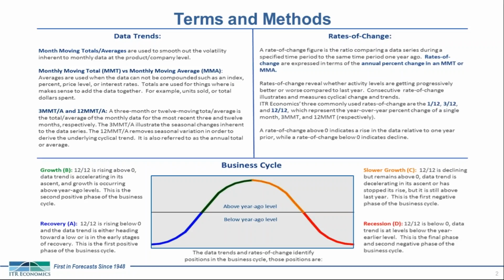We define recession as any time that the 12-12 is below zero, so you're contracting on a year-over-year basis, and it's moving away from that zero line. So the pace of decline is deepening. Obviously, this is the worst phase of the business cycle to be in, but there is good news. At any given time, although we define in our theory 4 distinct phases of the business cycle in a continuum, we don't always transition between all 4 phases of those business cycles within any overarching cyclical period.